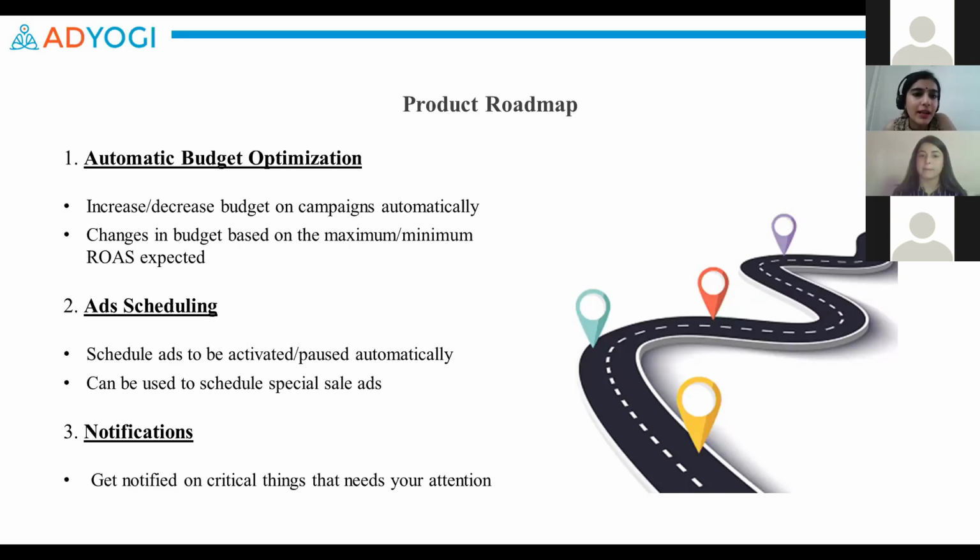This feature helps us in changing budgets at the campaign level automatically at a pre-decided frequency according to our ROAS expectation. For example, if your target ROAS is 5x and you want to increase budgets when your campaigns hit that ROAS, you can say that if my ROAS is 5x, increase the budgets by 10% twice a week. So here what we need is the targeted ROAS, the frequency of change, and the percentage of increase or decrease.